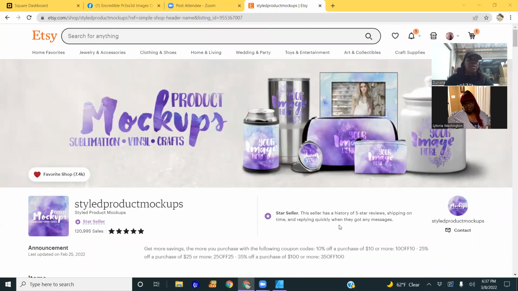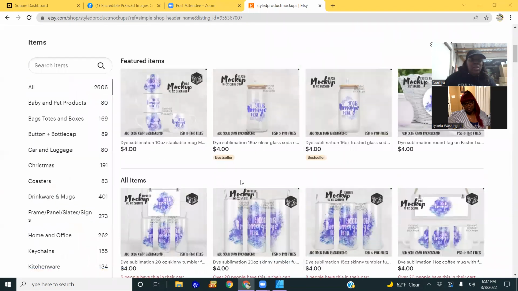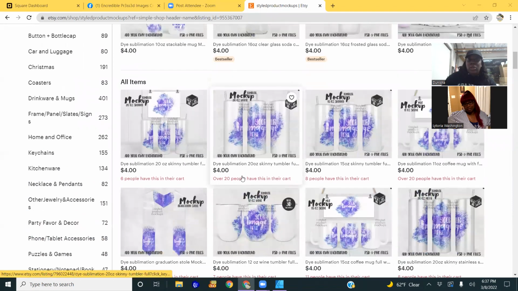Okay, so this website is the one that I would recommend if you are looking for mockups and you can't find one or you just don't want to create it yourself. They have pretty much everything that you can think of. So which item do you guys want to make